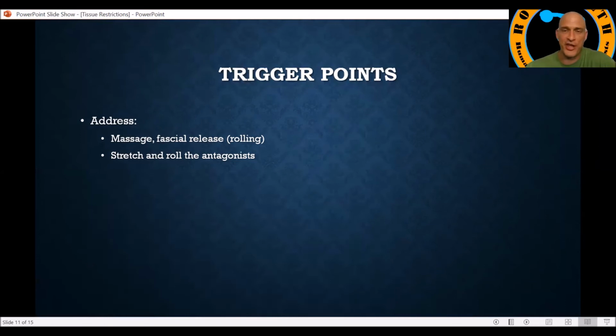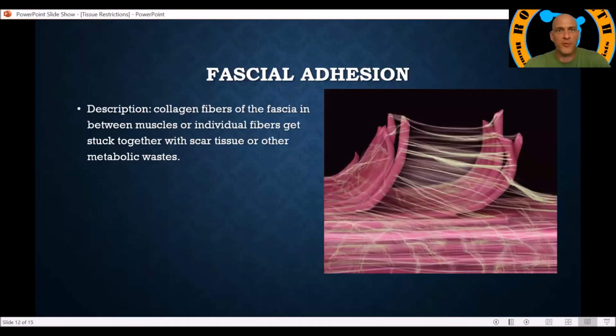If everybody sees a theme going on here, then there is. All right, so what's the next one? Then we're going to go to another type of tissue restriction, which is what we call the fascial adhesion. Now, fascial adhesion is when the collagen fibers of the fascia in between the muscles or individual fibers